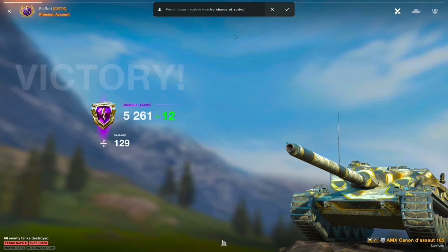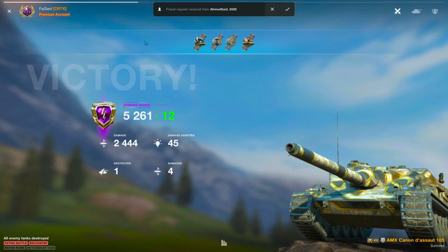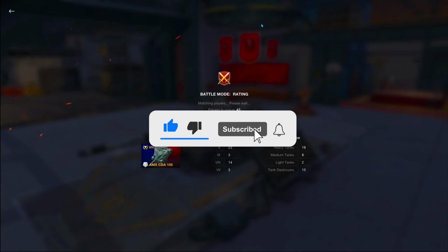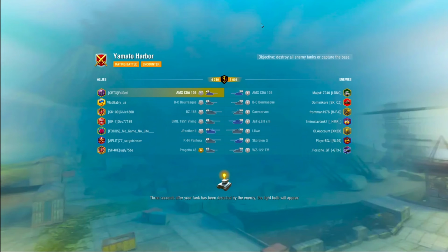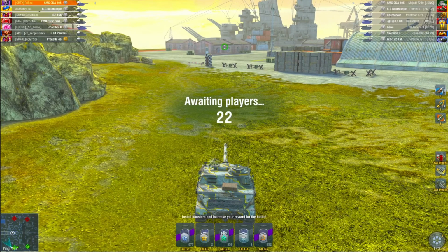Now there's a lot of better alternatives to this vehicle at tier 8. This first game we didn't pull out a huge amount of damage. We did 2,500. Hopefully our next game will dish out a bit more damage in the AMX CDA. Now this tank is a very nice tank in terms of its mobility. Like I mentioned, the gun is very accurate, and there's a few other little nitpicks that I don't really like